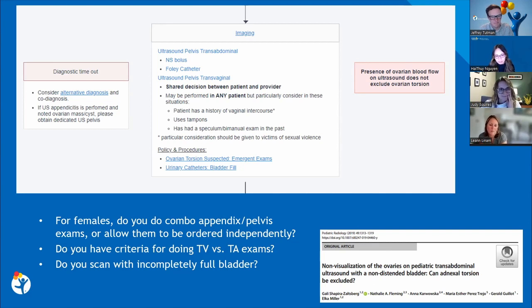Oh, go ahead, Leanne. I was just going to say, we have an interesting situation in that our ERs at our 2 different hospitals have 2 different physician groups. One is a private practice group and one is an academic-based emergency physician group. And as one might expect, we have about 6 times the number of ultrasounds from the private practice site. We are specifically looking at right lower quadrant ultrasound, not pelvic, but we